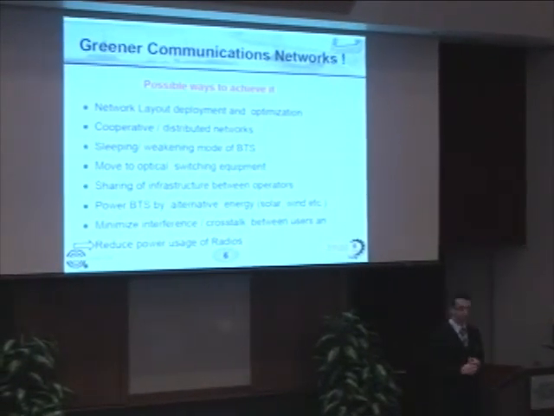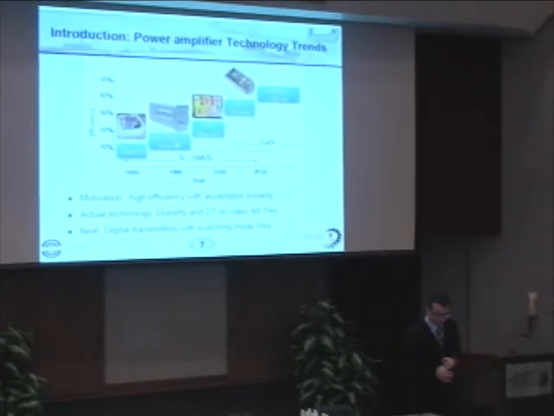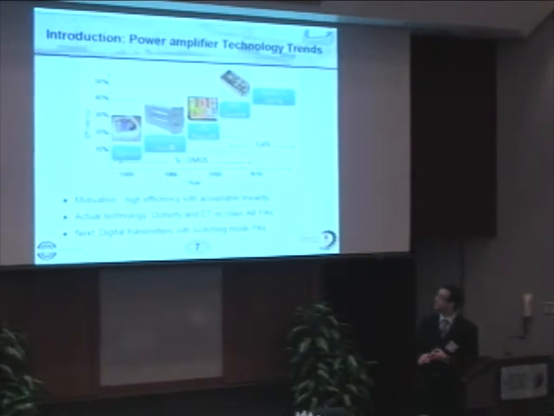We can move to optical switching equipment that consumes less power, and we can propose power efficient base stations. One way to do that is to reduce the power usage of radios and amplifiers. And this is what has been done through the last